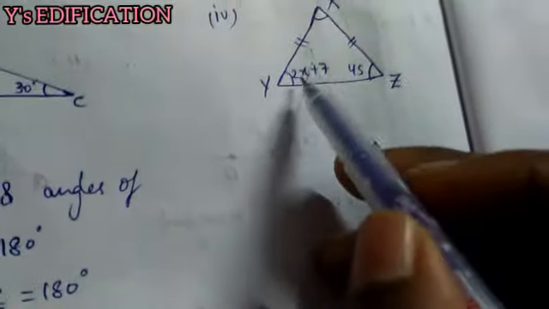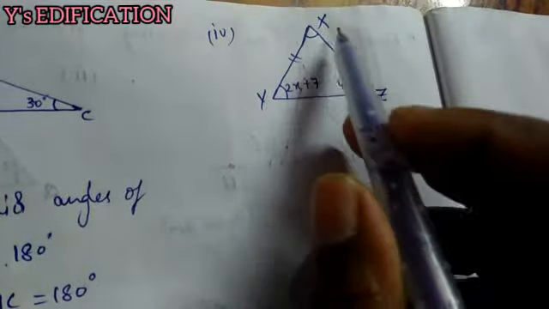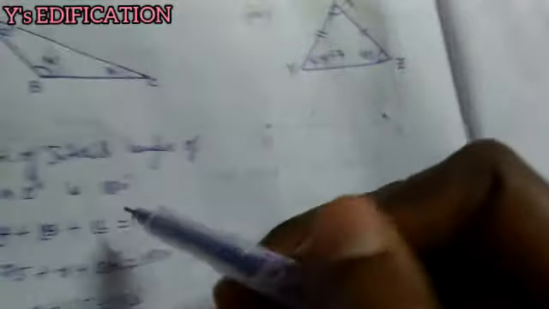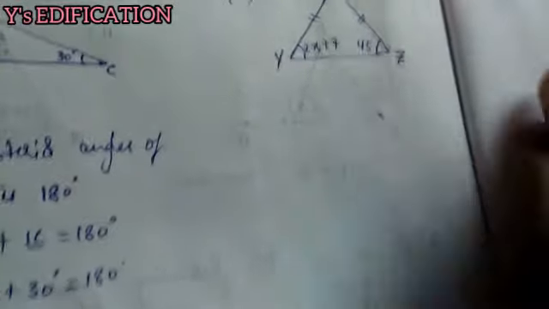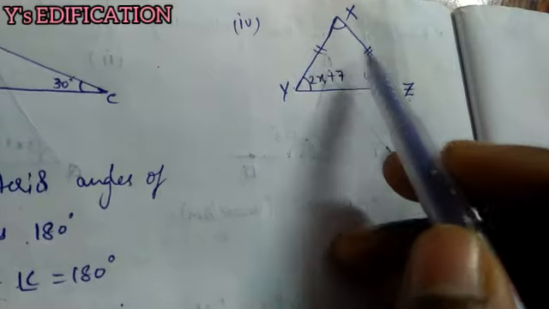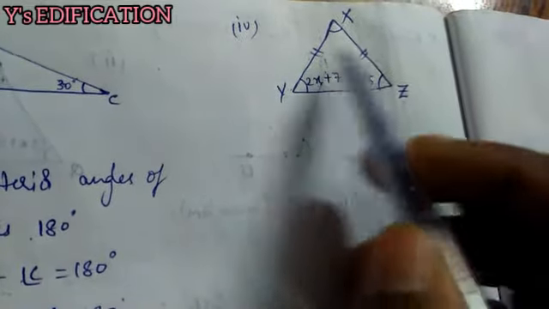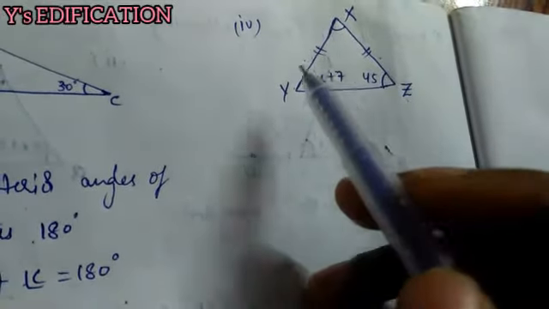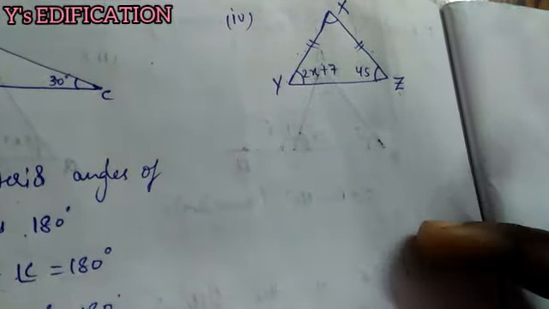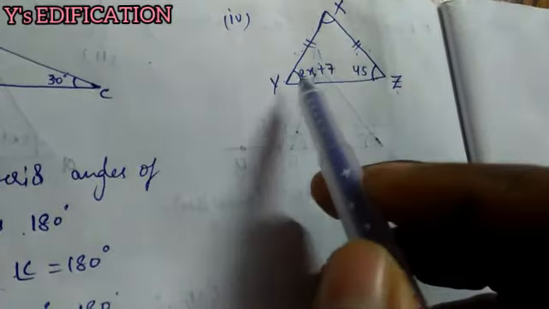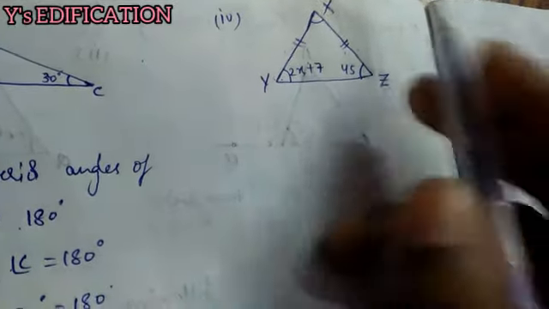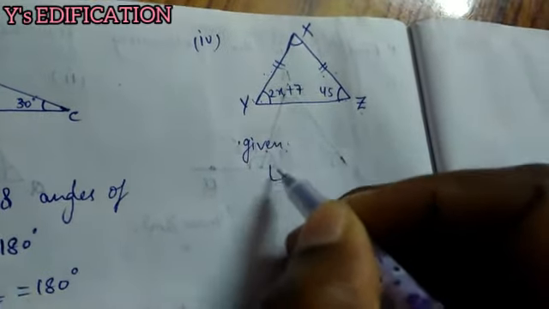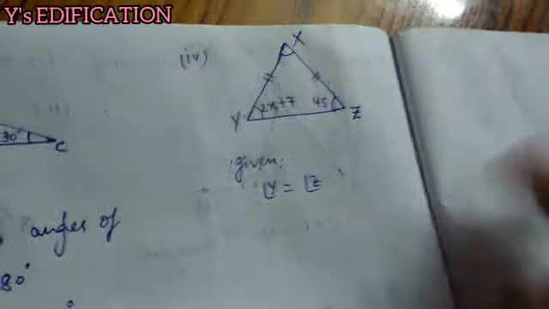And the next one, we have to find the x value here. In this figure, x, y, z are all interior angles, but we don't have the angle x, so we can't use this formula directly. But what to do? Here they gave an indication that these two sides are equal. That means this is an isosceles triangle. Isosceles triangle means two sides of a triangle are equal. That means these two sides are equal, then these two angles are also equal. So the given angle y is equal to angle z.